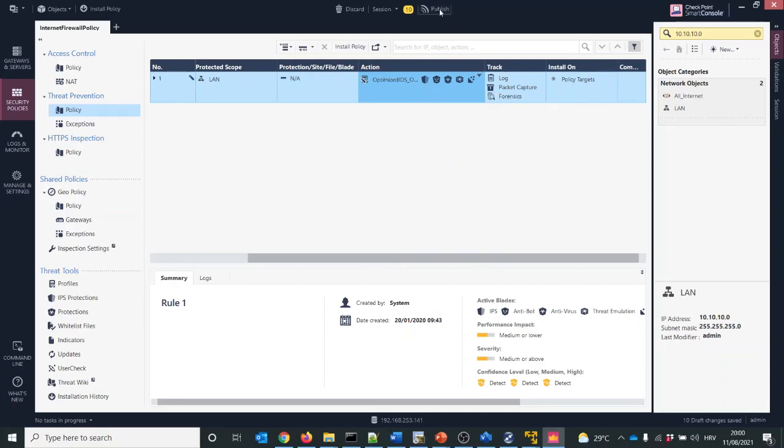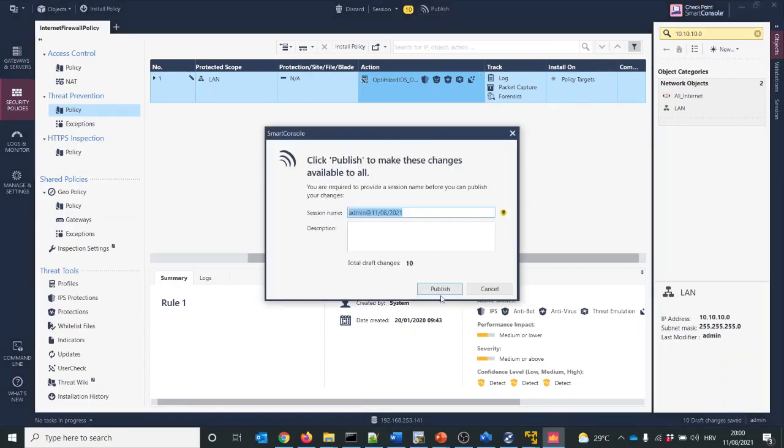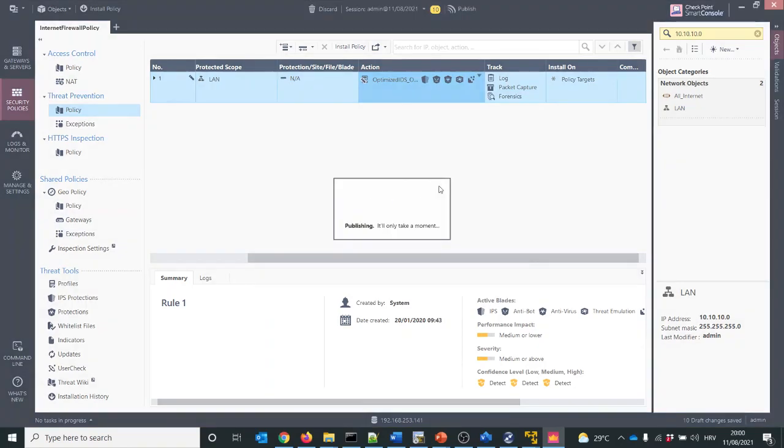So now I need to publish these changes, because remember they are currently only in my console. And after that, I should push the policy to the firewall in order to start enforcing its configuration on my traffic. The only thing I didn't mention here, because it's a little bit out of scope for this course,